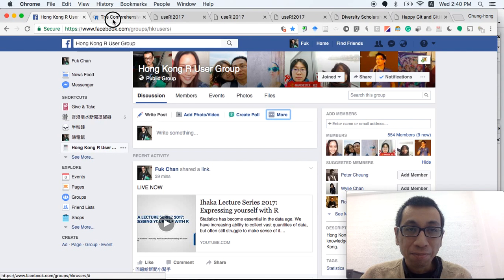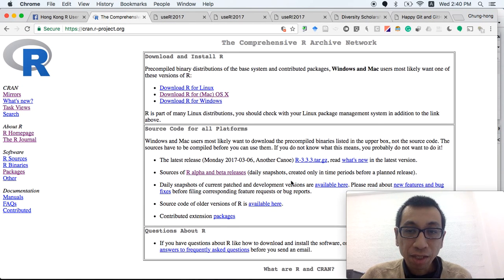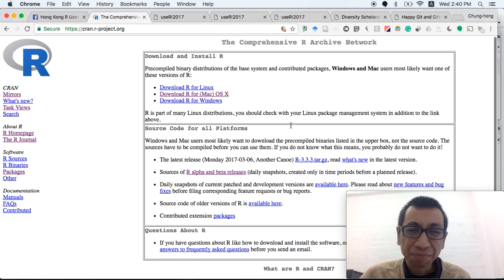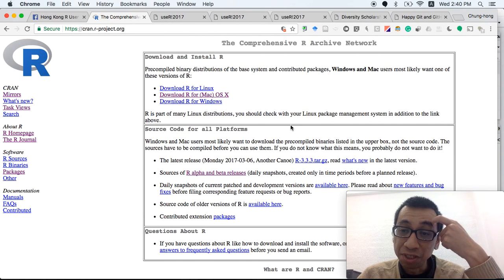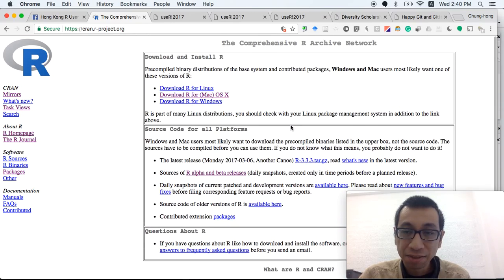Something that is not community news is news about R in general. Last week, the latest version of R was released, which is 3.3.3, called Another Canoe. I think this is just a maintenance release and it didn't have a lot of feature changes. It should be the last release in the 3.3 series.